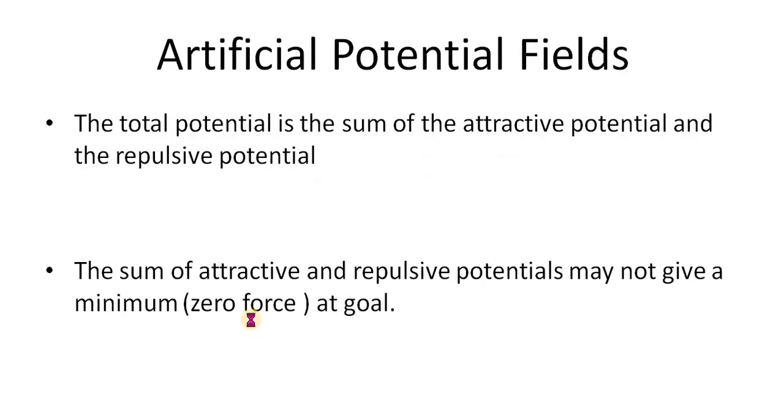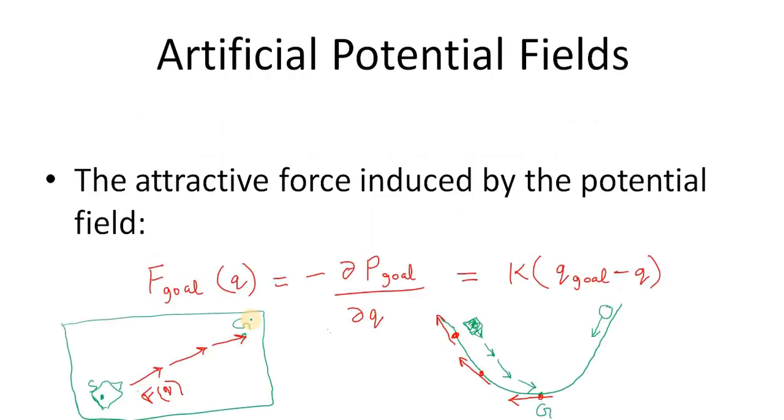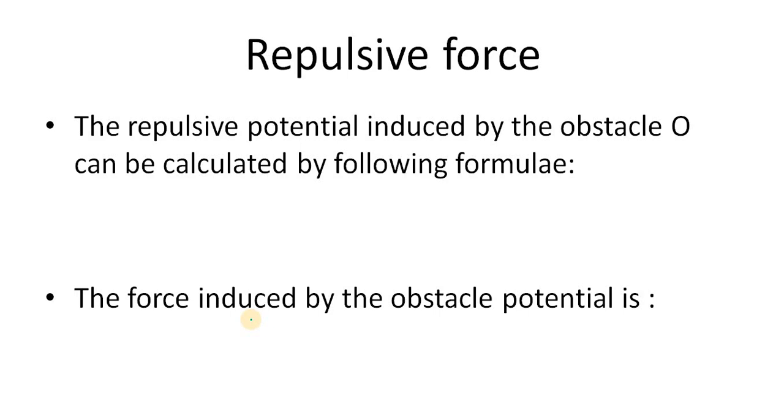So how can we model these obstacles or the repulsive force? The repulsive potential induced by obstacle O can be calculated by the following formula. So to model the repulsive force or the repulsive potential, we use this formula